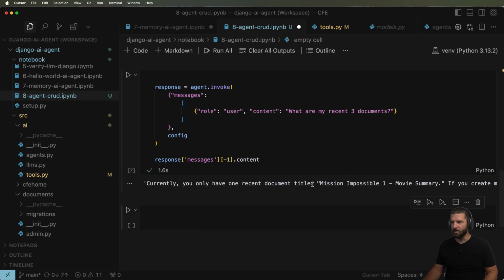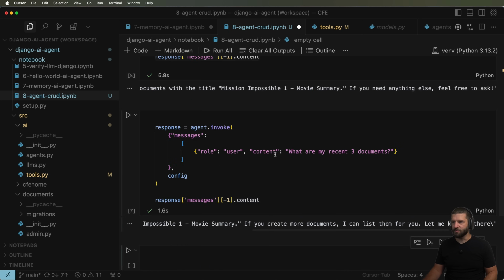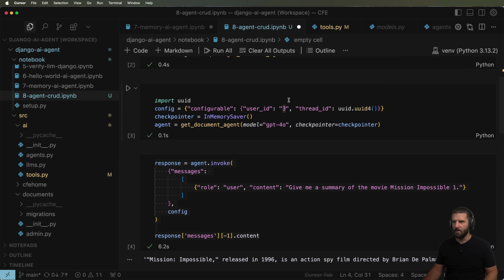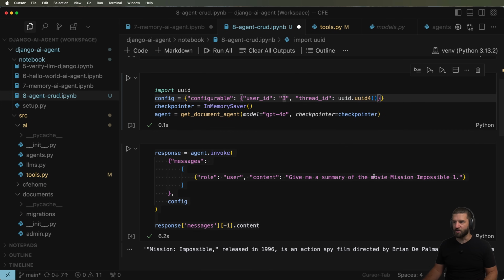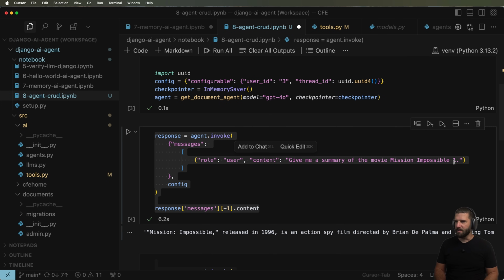This might now be a good idea to have an argument in here. So it says you only have 1 document, which is interesting. So let's go ahead and see what my user is. I changed the user ID in here too. So that's pretty interesting. Okay, so now let's go ahead and do it again and say the movie summary of